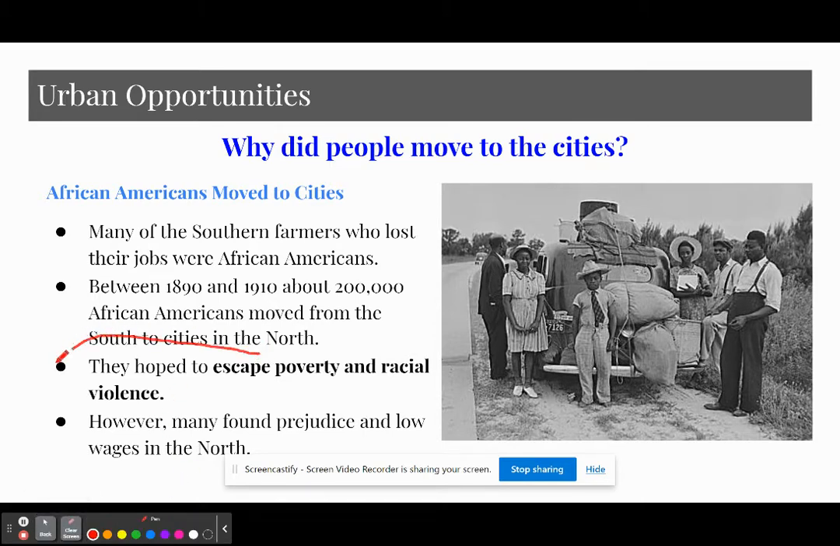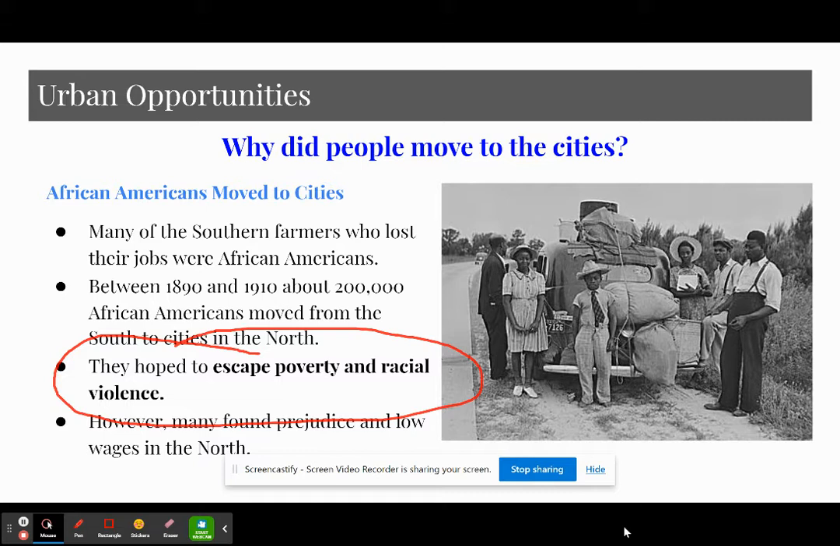They were hoping to escape poverty and racial violence. And in your last module, you did take a look at Ida B. Wells, and she particularly wrote about lynching, and she was an anti-lynching advocate. And lynching was a way to control African Americans in the South through fear of being